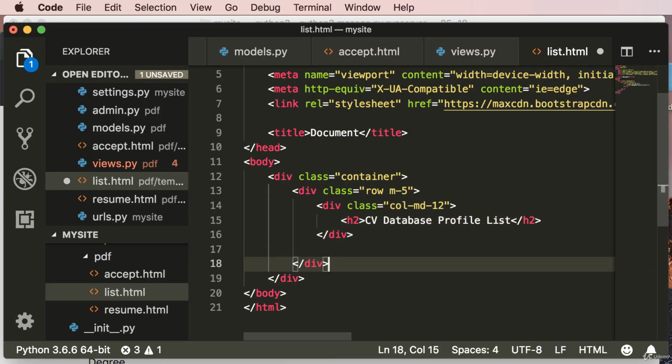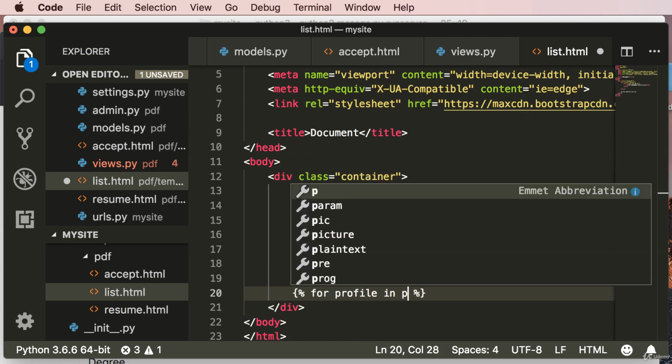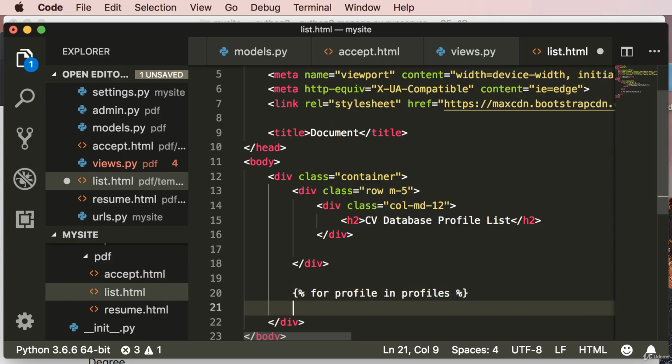And now once we have that, let's actually go outside this row and let's go ahead and loop through all the profiles. So I'll make use of the template syntax in here. So I'll say for profile in profiles, because profiles is our context object, and we'll make use of end for over here. So I'll say end for,